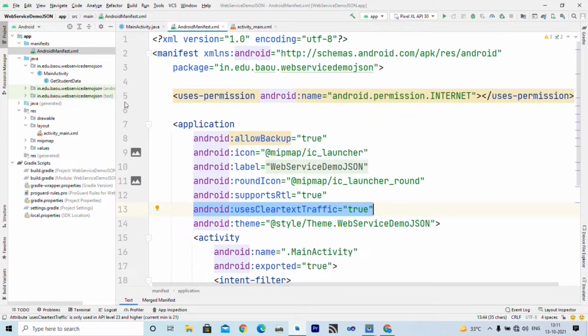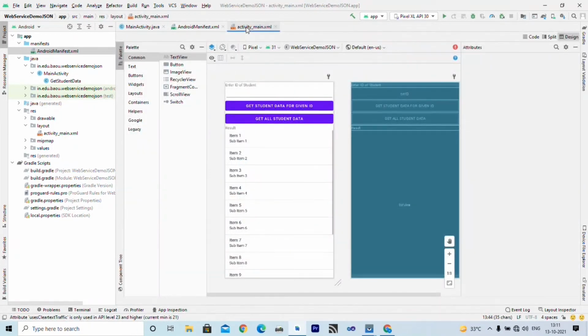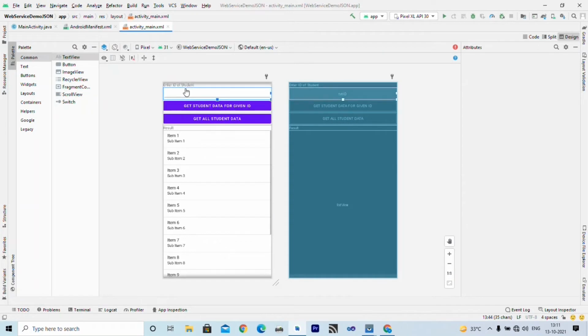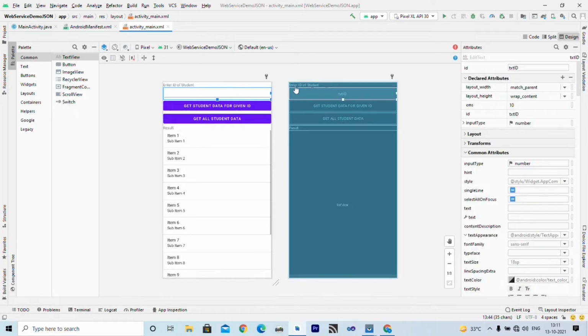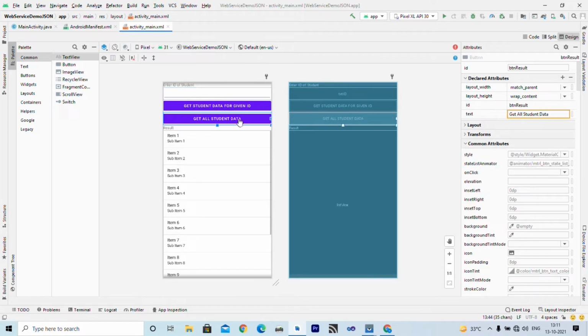Now we will discuss our interface. I am going to the activity underscore main.xml file. Our interface is very simple. Here you can see one edit text is given with ID txt ID, where the user enters the ID of a particular student, and when the user clicks on this button, get student data for given ID, we will fetch data from some URL or web service and display that inside this list view as single student data.